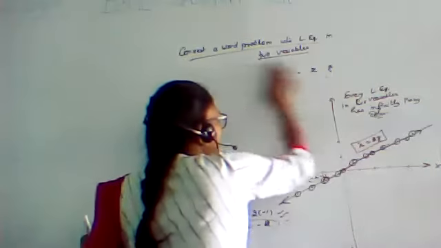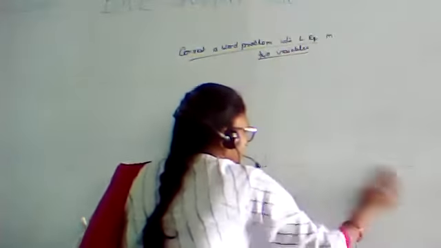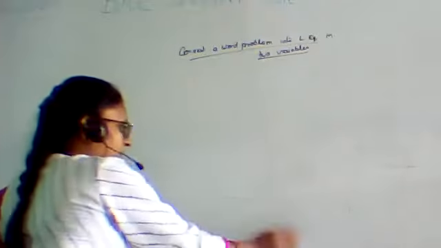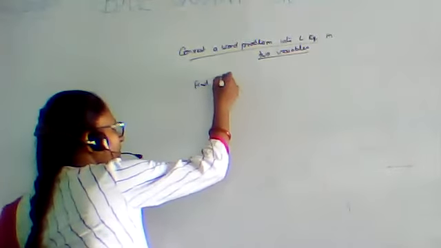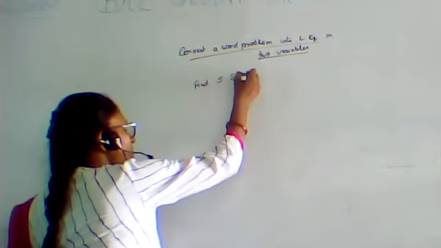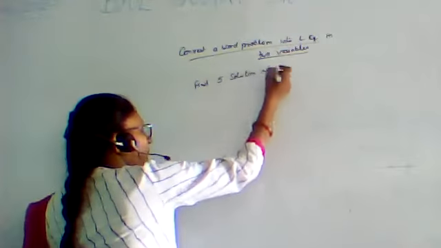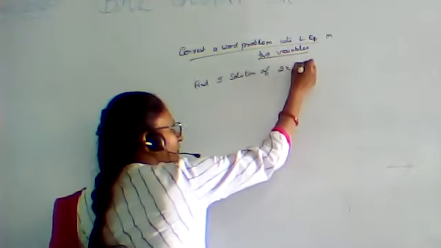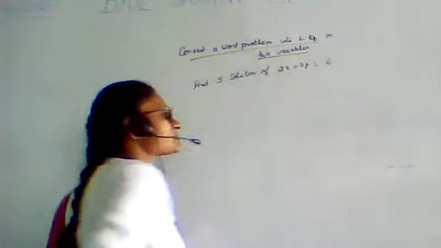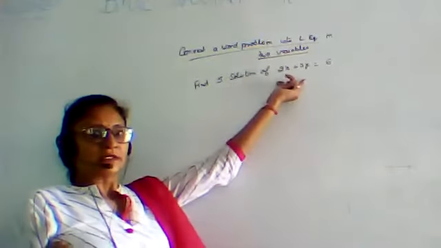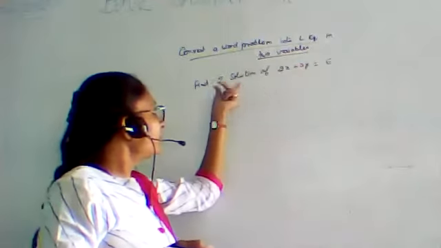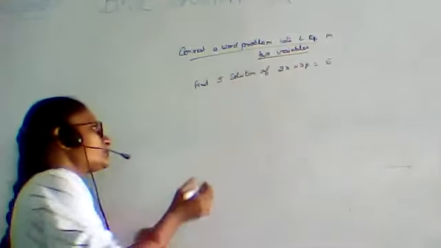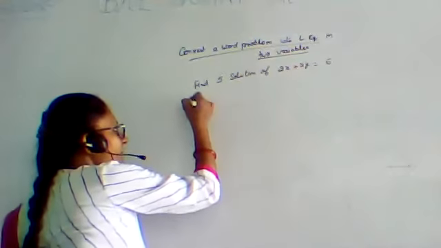If we have any question like, find five solutions of 2x plus 3y is equal to 6. This is a linear equation in two variables and we have to find five solutions. Five solutions जब हमें find out करने हैं